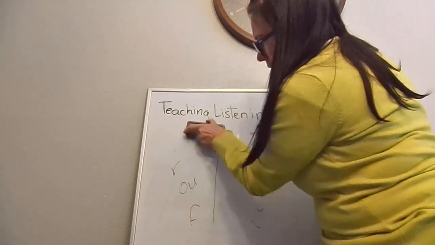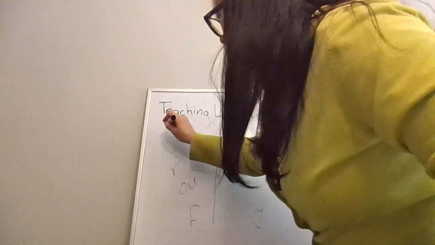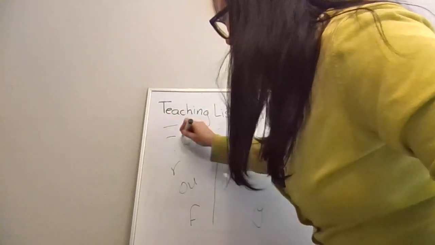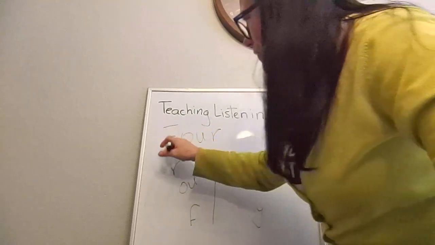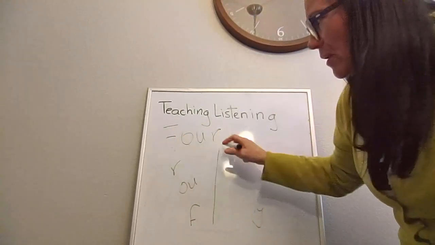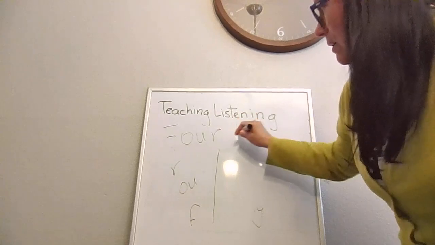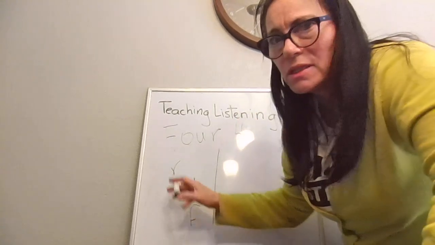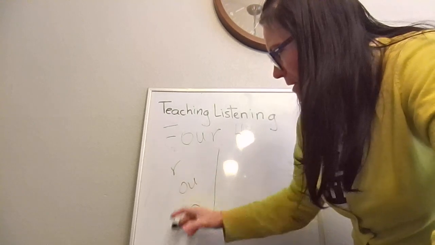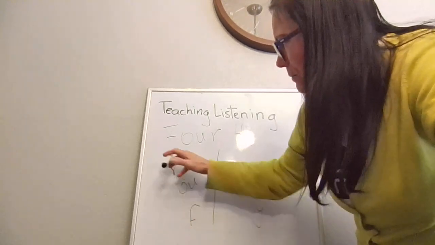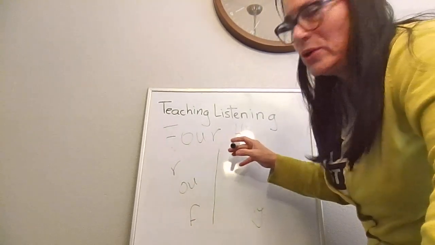So you are teaching, you are developing R, four, or four. So you are constructing language, the meaning. So from an isolated sound to making combinations and then creating one word,